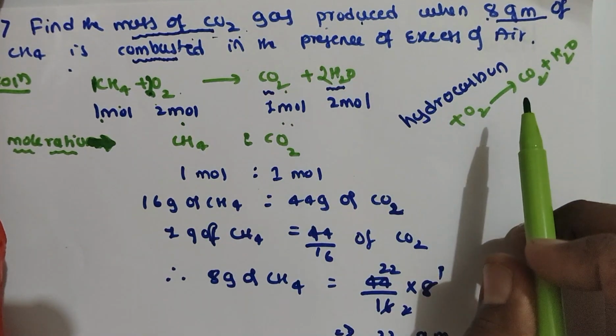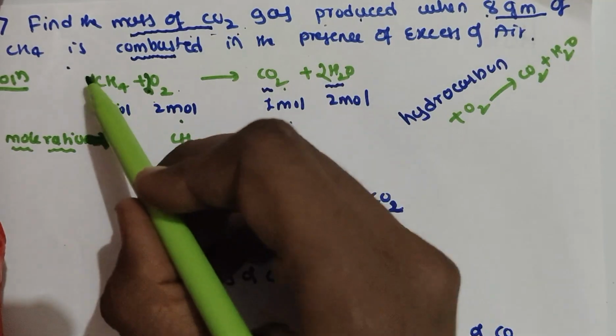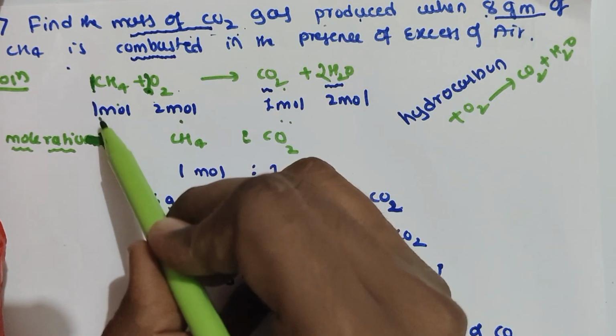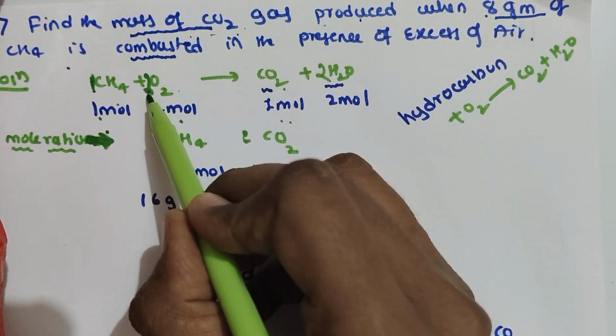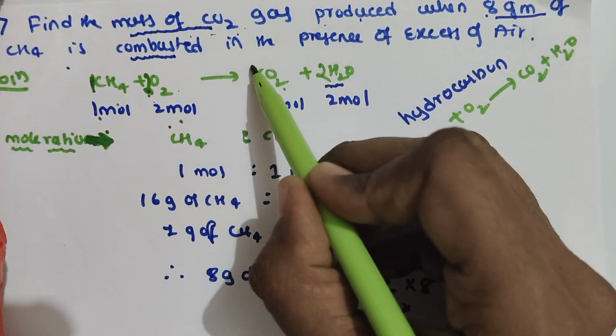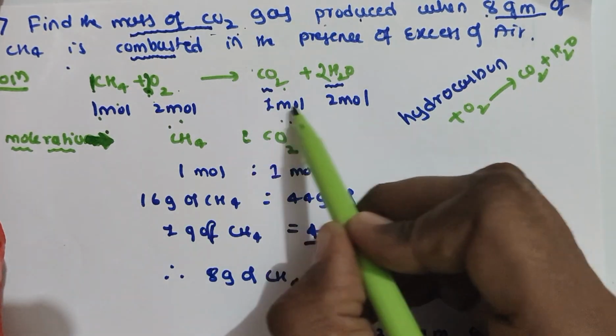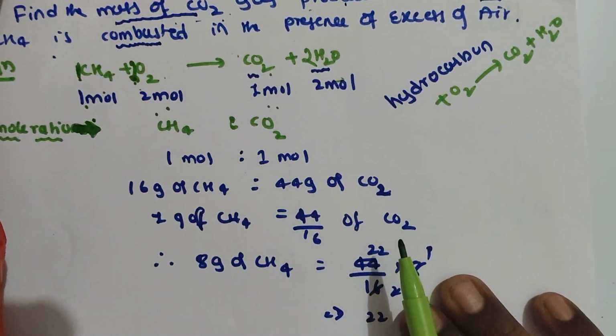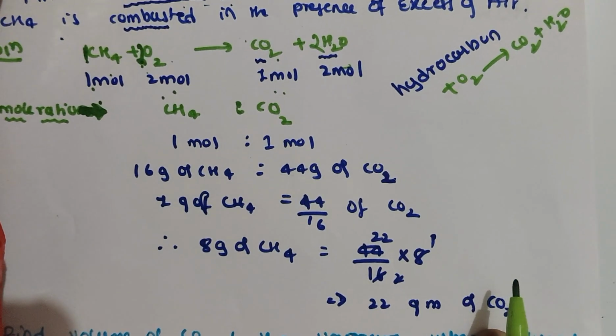Is this clear to everyone? So how can we write here? By taking the stoichiometric coefficient. Here the stoichiometric coefficient is 1, therefore this is 1 mole. Here 2, therefore this is 2 moles. Here the stoichiometric coefficient is 1, therefore 1 mole. Here the stoichiometric coefficient is 2, therefore 2 moles. Is this clear to everyone? Understood? Okay. Next step,